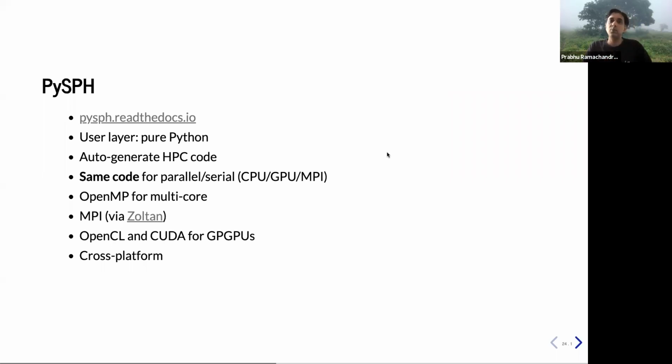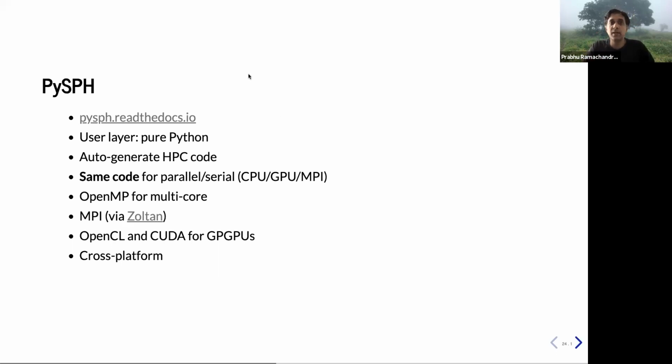The second example I'm going to look at is PySPH, the package itself. PySPH is basically a package that allows you to do what's called smooth particle hydrodynamics. It's a numerical technique that allows you to simulate a variety of different challenging problems. I'm not going to get into the gory details of that, but I'm going to just show you some examples of the kind of problems that you can solve.